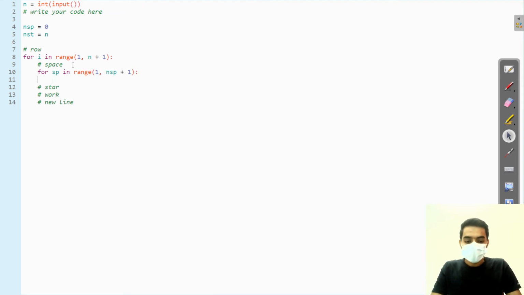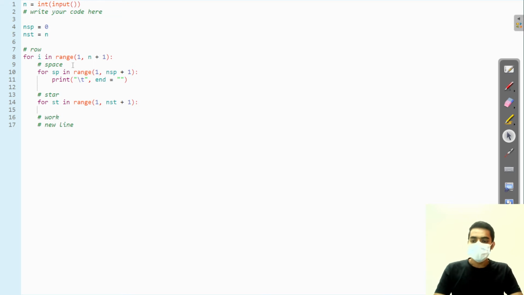We print spaces here, with backslash t and end equal to empty. For the stars we run a star loop in range of 1 comma number of stars plus 1, and print stars here with backslash t and end equal to empty.